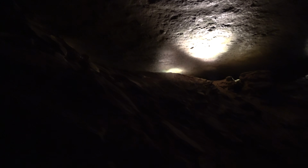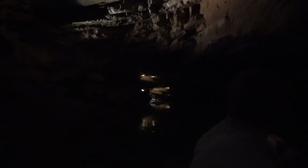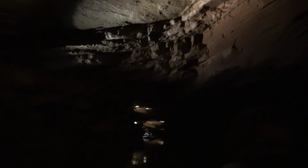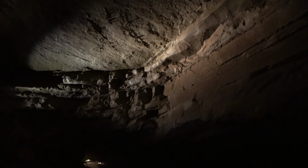To give you an idea of the height between the floor and the ceiling up there, I'd probably say no more than 6 feet tall at its tallest. I'm about 5'7" and a half. I can stoop up there by walking with my head and shoulders down. Actually, it's probably more like 5'5" really. It's not a very tall passageway, but you can imagine people during the nightclub days going up there in